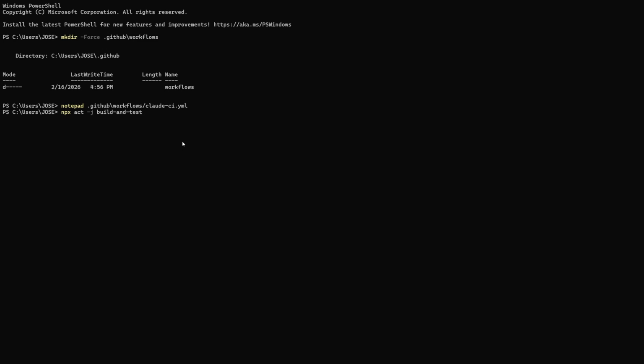To trigger the CI/CD pipeline, use the commands git add . to stage your changes, followed by git commit -m "add CI/CD for Claude app" to commit them. Then execute git push origin main to send your changes to the remote repository. This action will automatically trigger the workflow to build, test, and deploy your